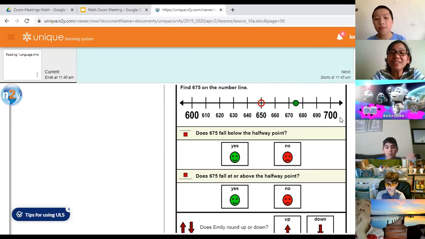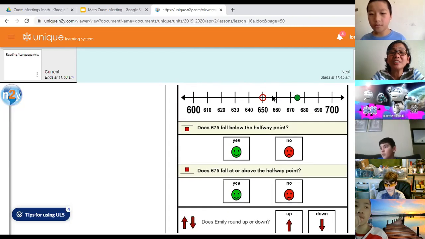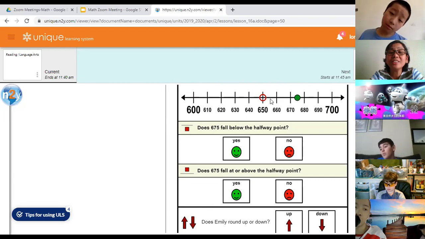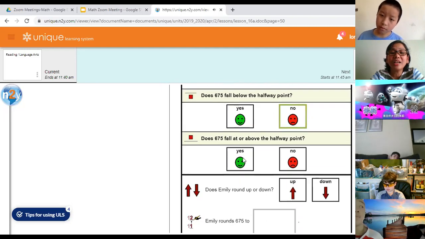So 600 and 700, you see on the number line. 650 is the halfway point, and 675 is here. So 675, since it's on your right, falls above the halfway point. So it's not below, and it is above. Okay, so if it is above